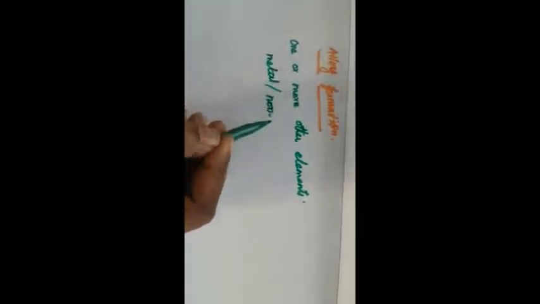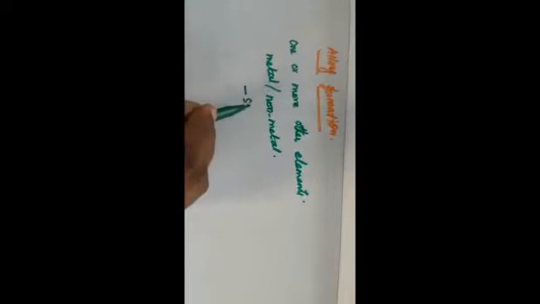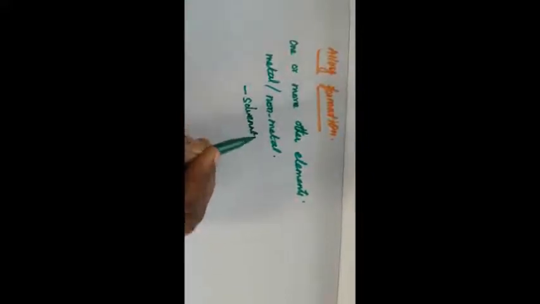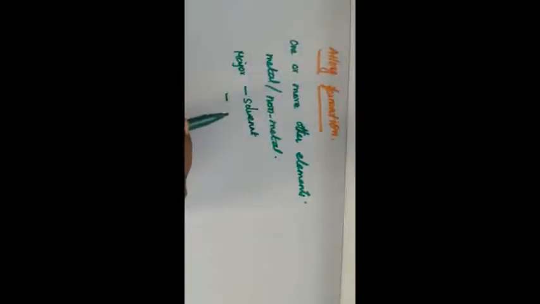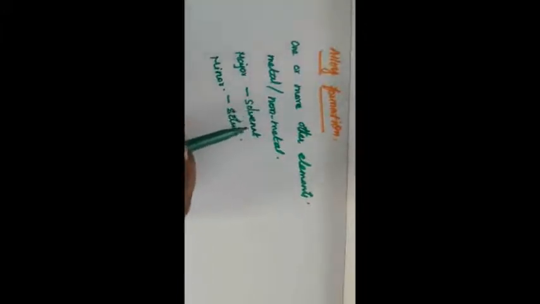So all the d-block elements exhibit forming alloys. The elements may be metals or non-metals, both form alloys. Next, the bulk metal is named as the solvent. So in an alloy, the major quantity is called the solvent and the minor quantity is called the solute. Okay, so this is another one.